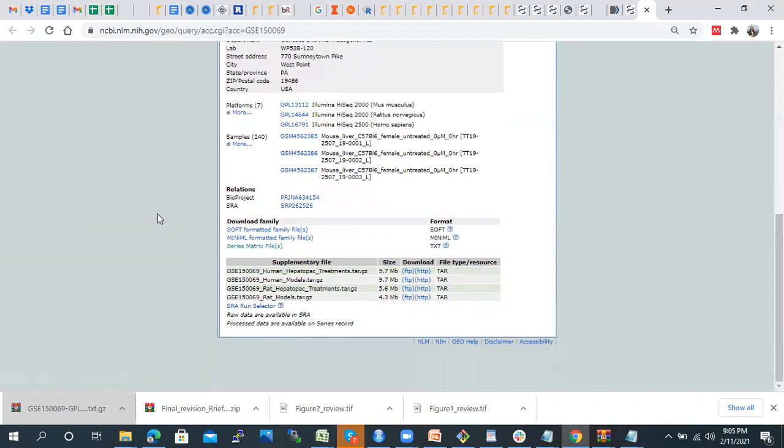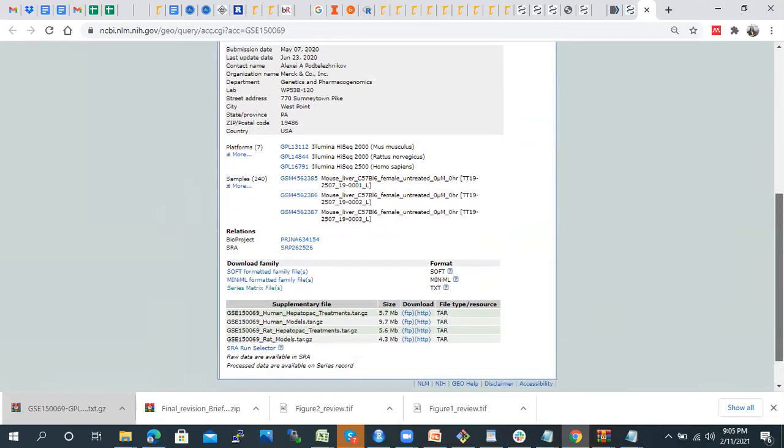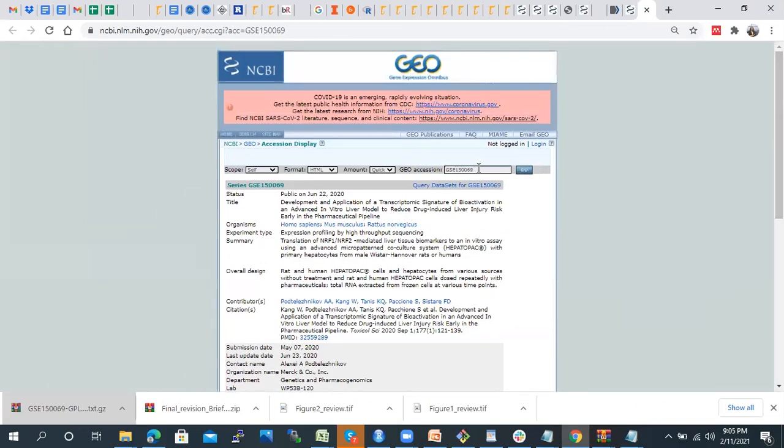Which is the significance of the numbers of the sample, GSM, for example? These are the GSM IDs, the sample IDs. These are the platform files, and GSE is the complete series ID for the complete data set. So this is the GSE ID. Now let's see how we can find the data and perform various kinds of analysis.